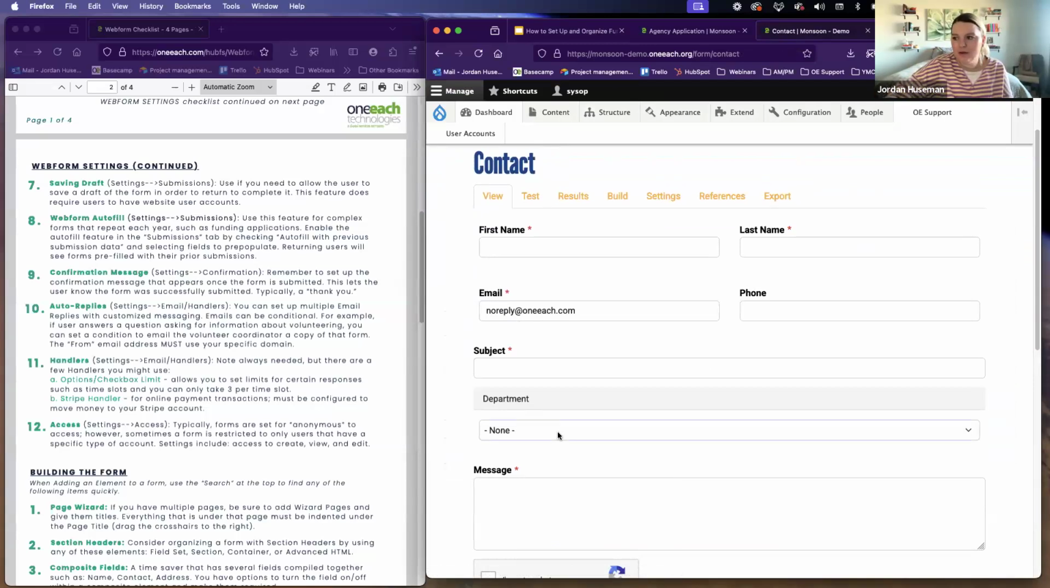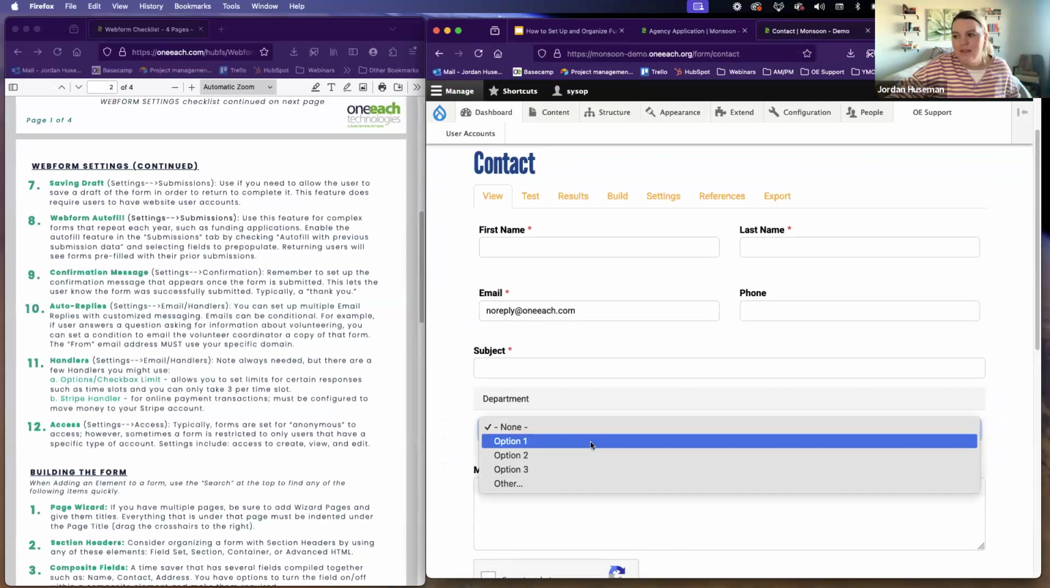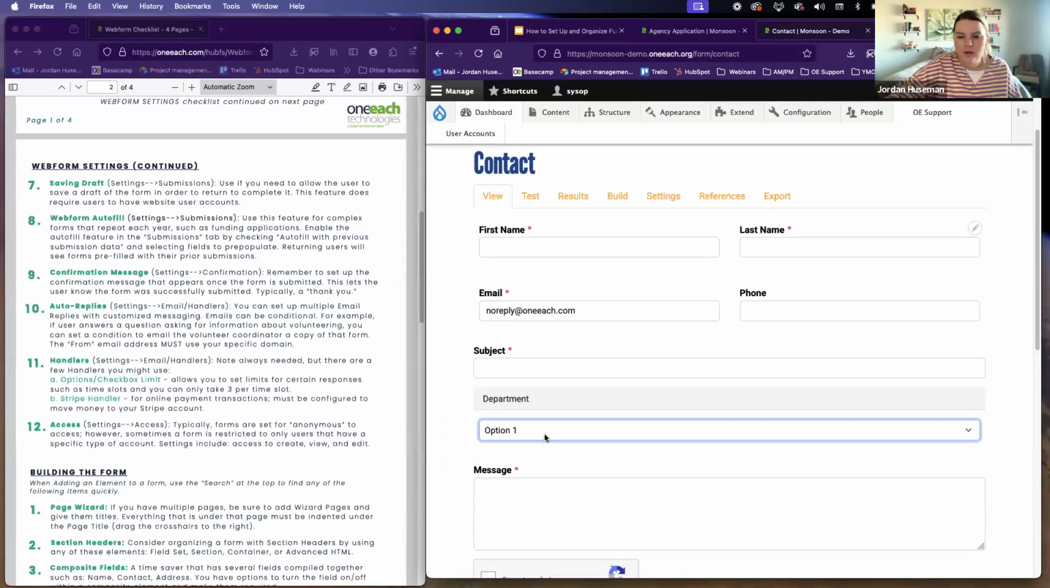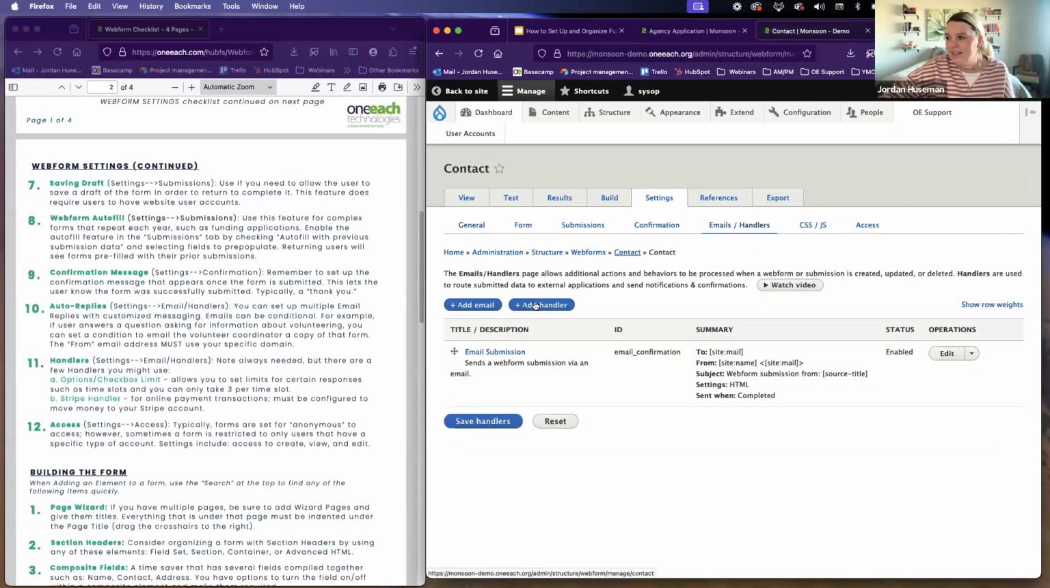So if they want to get a hold of someone specific in a specific department, or they know they need to reach out to this area, and this can be really any option here. But let's say if they had selected option 1, we want this form submission to go to a specific person, and we want to email the person that filled out this form a very specific message based on what they answered here. And we can do that within the settings of the form and in the email and the handler settings. When you are adding a new email,